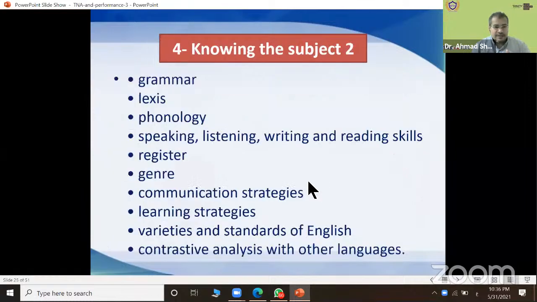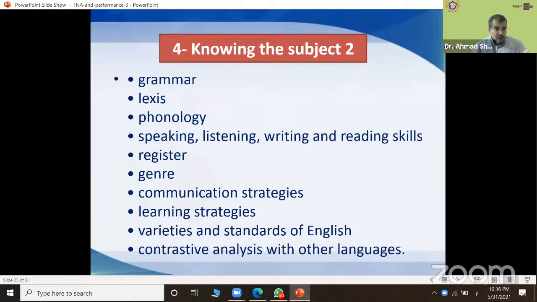The next slide, please. Okay, these are the areas of interest: grammar, lexis, phonology, speaking, listening, reading, writing, register. Register is the function of language. You are talking formally or informally or neutral. The register means the language functions.